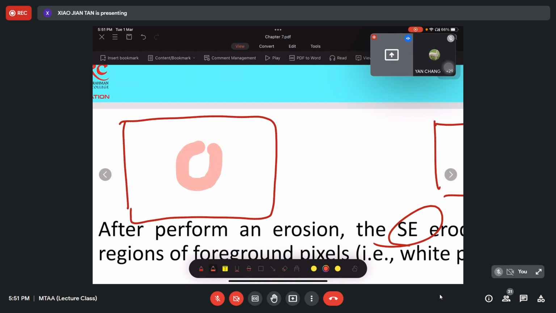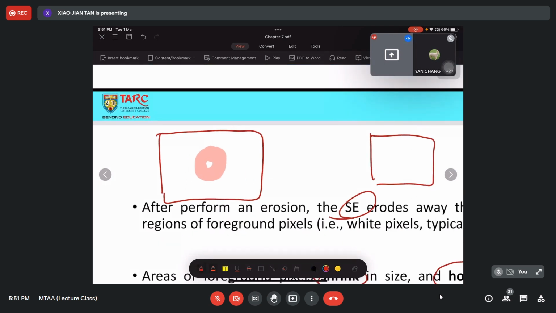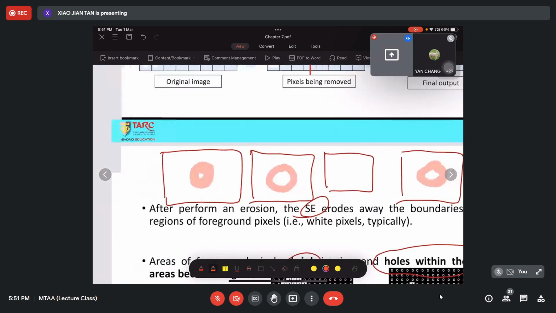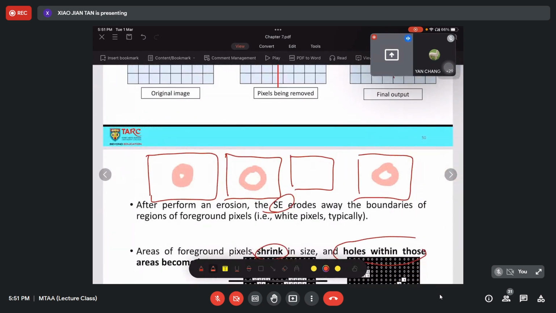Let's say you have an image like this one. After you perform the morphological operation, for example erosion, you would expect to get something like this one. My drawing is not so good, but it is reduced inside. What I want to reflect is that the thickness here is reduced, and the hole inside, which is the background, is increased. Why?